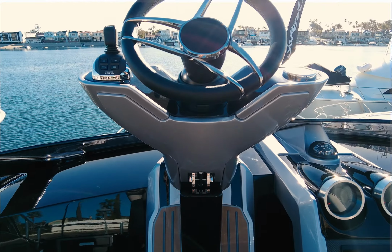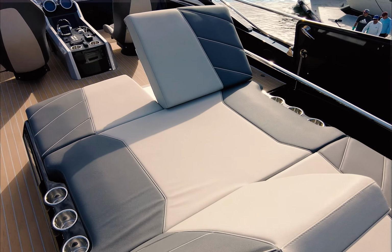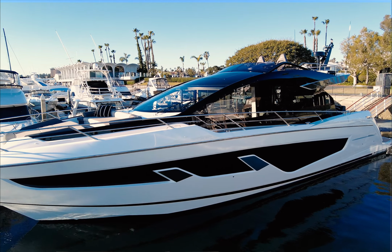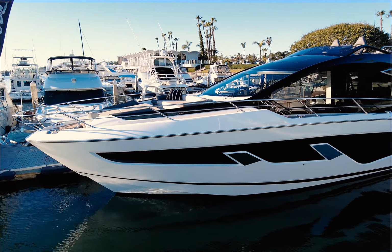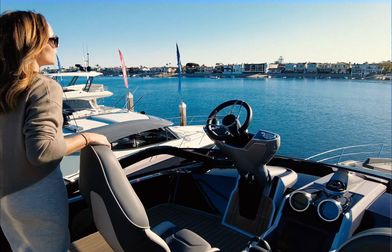Aft, the Sport Bridge provides another 2 to 3 person functional sun pad for guests to enjoy while accompanying you underway. The functionality of the Sport Bridge truly makes you feel integrated with the yacht when you're driving it. It is like a sports car. You are absolutely connected with the boat, and it's an amazing experience driving it. Explanation doesn't quite do it justice, so if this is something